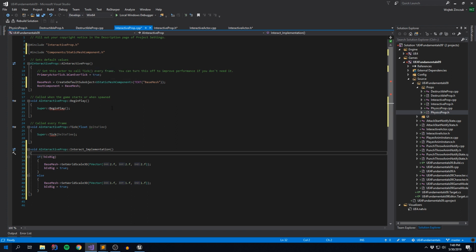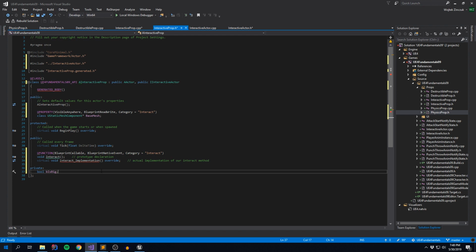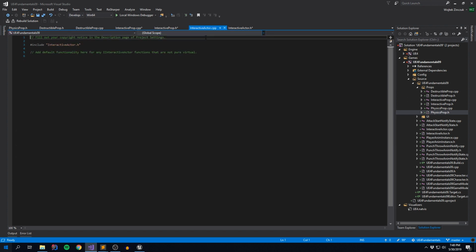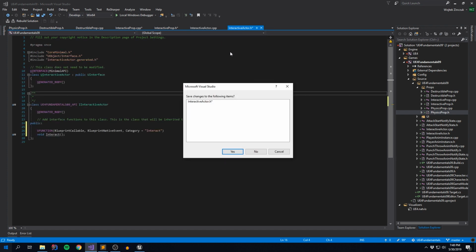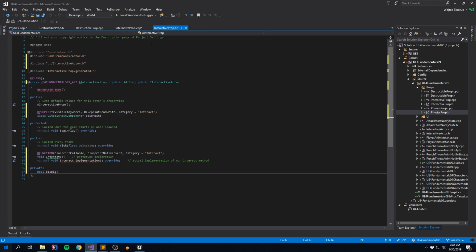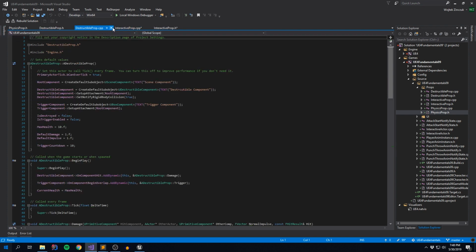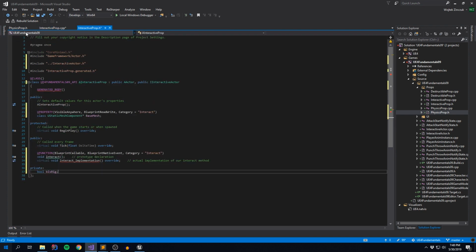Okay, so there is our prop. We implemented our interface definition. Our interface has now kind of done its job. We don't really need to mess around with it too much. But we also need to make use of this interaction. So how do we do that? Well, in our player character,